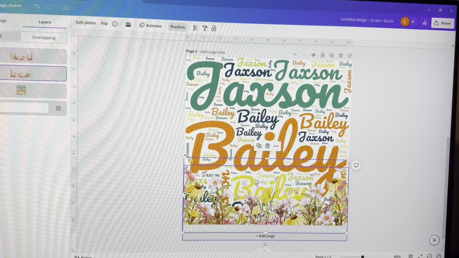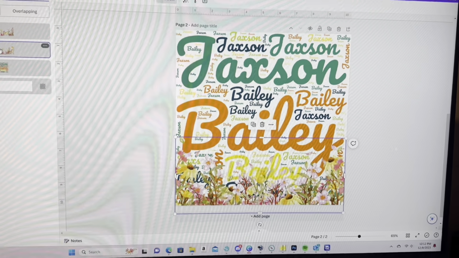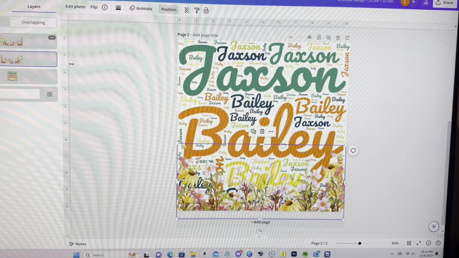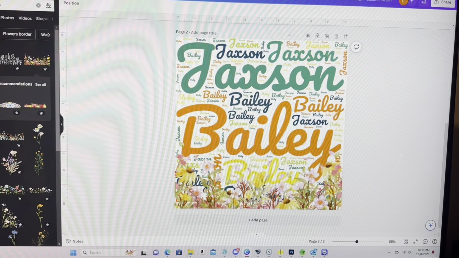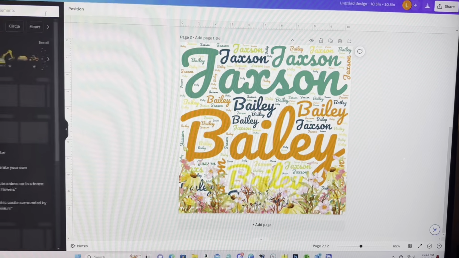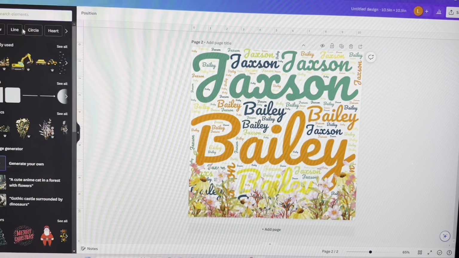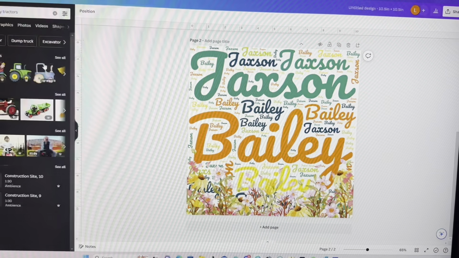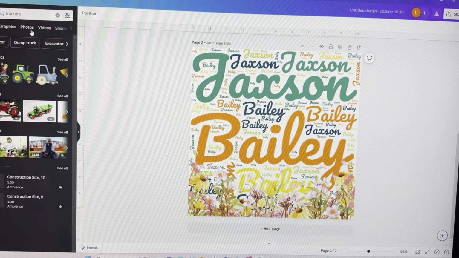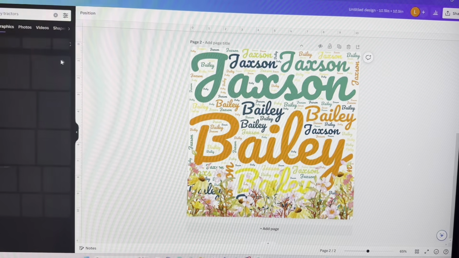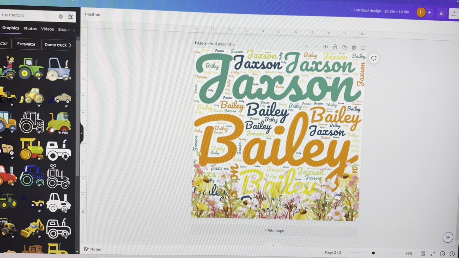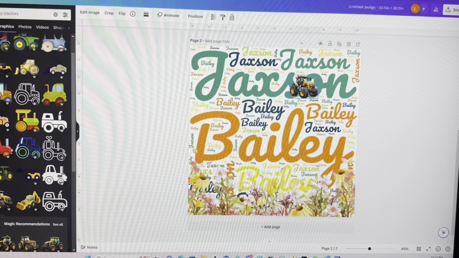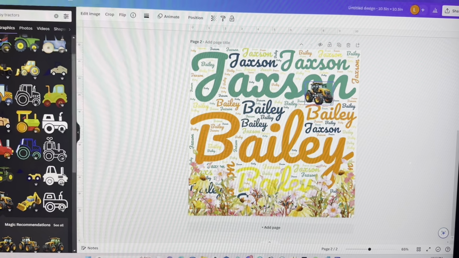So once I get to the point that I am satisfied with the positioning of the wildflowers, I am going to go back over to elements. I am going to type in construction equipment toys, or toy construction equipment, and see what it brings up. And then I am going to go through these as well and find the ones that I want to use for this design. I'm trying to put it within some of these